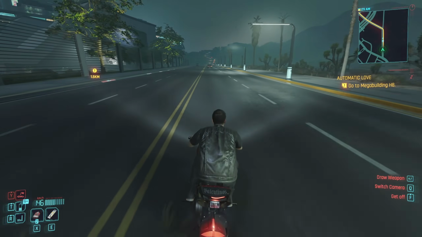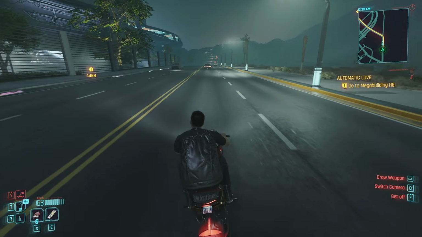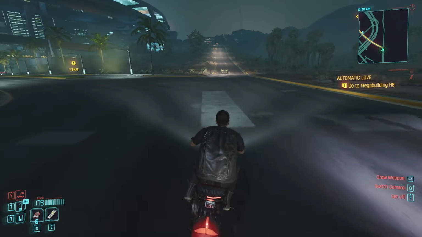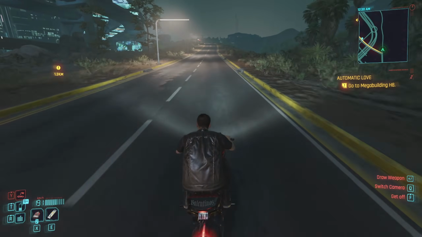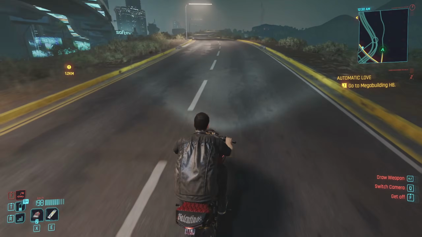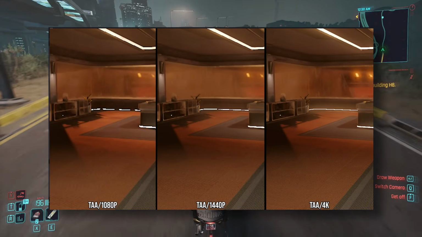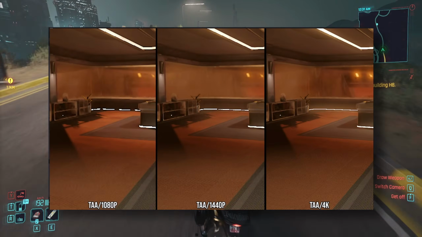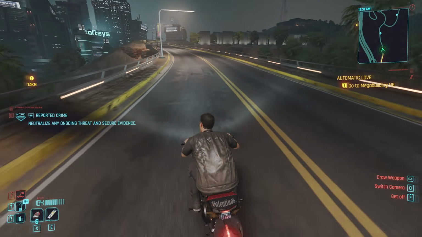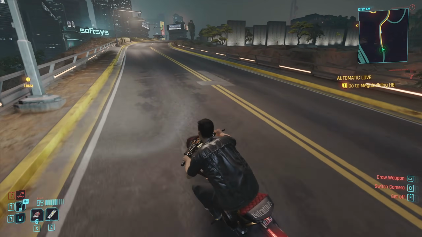When you're far away and using a slower input method like a controller, TAA is amazing. However, when you're sitting close to your 1080p PC monitor, which is still the norm to this day, and using a mouse and keyboard, the pitfalls of TAA become readily apparent. As a result, it leads to varying interpretations of TAA. Some say it's a must in modern graphics, and some say it causes motion sickness.